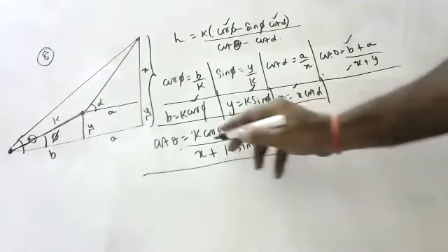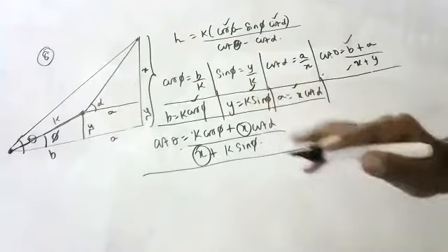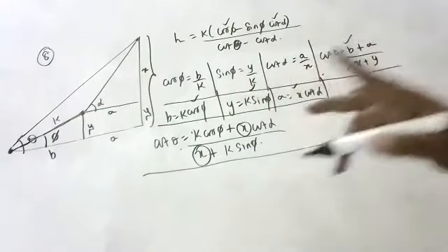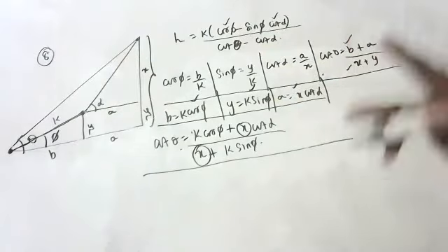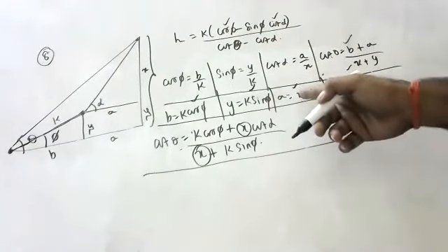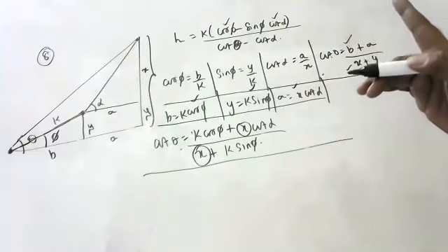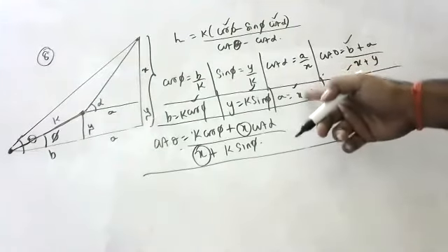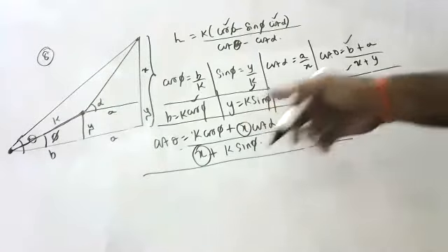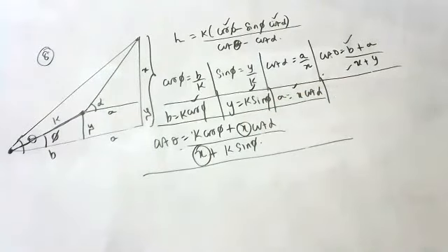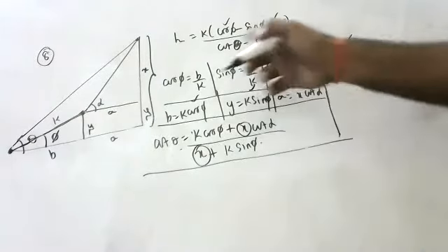Okay, children. Now we want to remove x. In the final answer x should not be there. How to remove x is the only problem, children. What will we write for x? This x, a by cot alpha? No. What is x? We have to remove x, because in the final answer x should not be there.